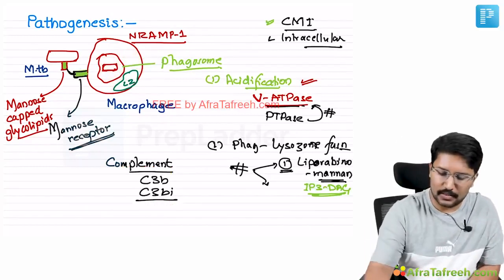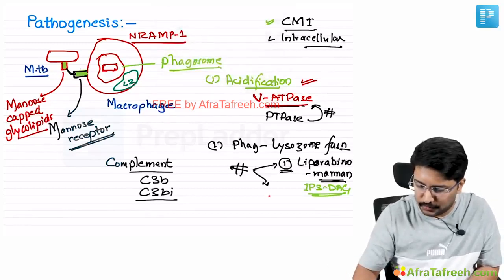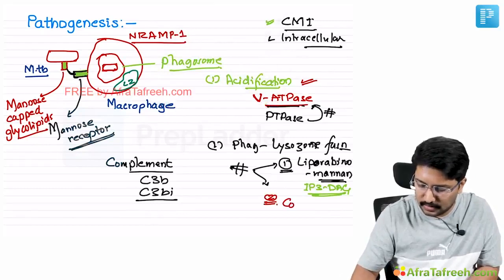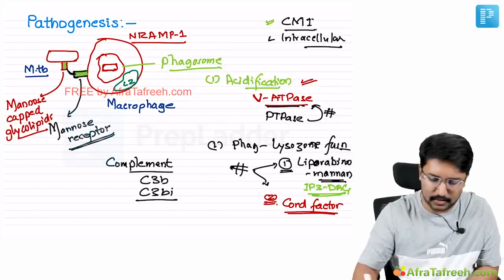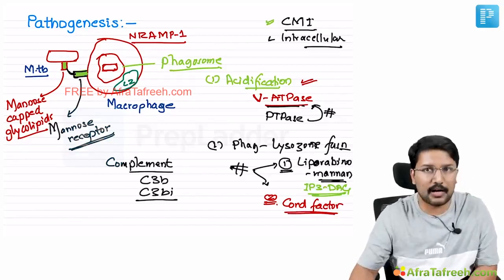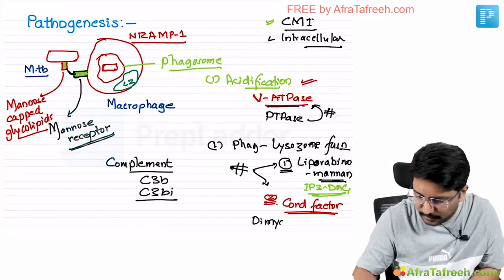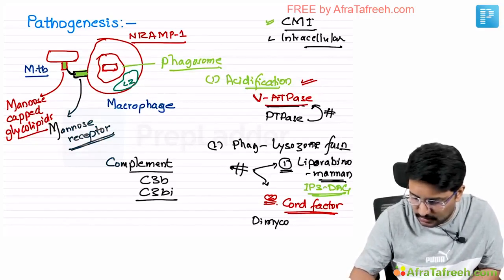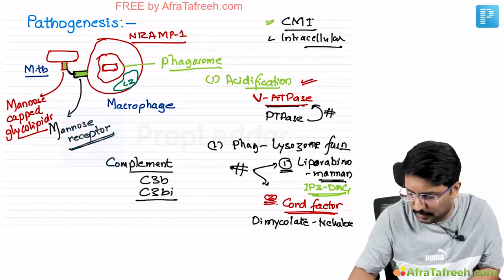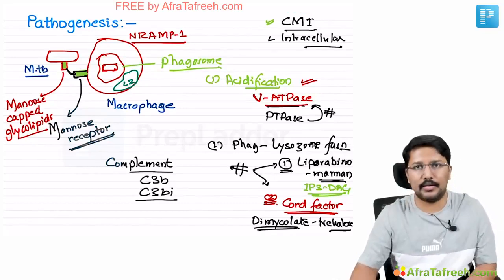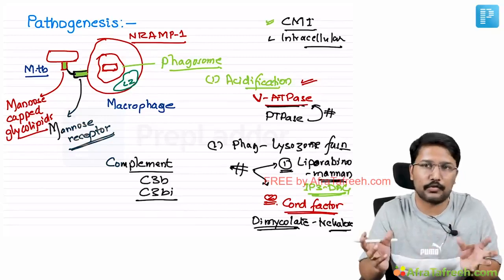That is one substance. There is also a second substance which acts as a defense against fusion. There is another fusion inhibiting factor called COD factor, which is a very important virulence factor. Chemically, this COD factor is also a lipid carbohydrate complex. The chemical name would be dimycolate or dimycolic acid trehalose. Trehalose is the carbohydrate component and dimycolate is the lipid, right? On the cell wall, it has this COD factor which acts as an inhibitory factor for the fusion of